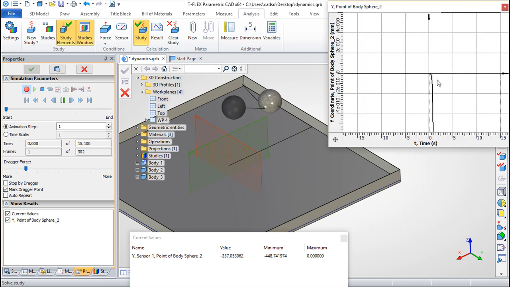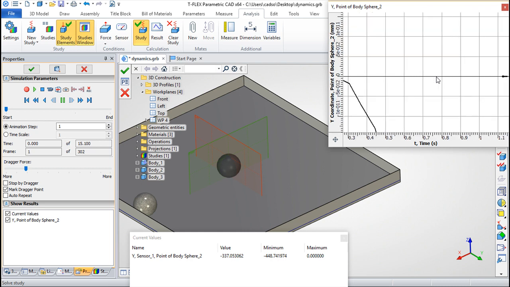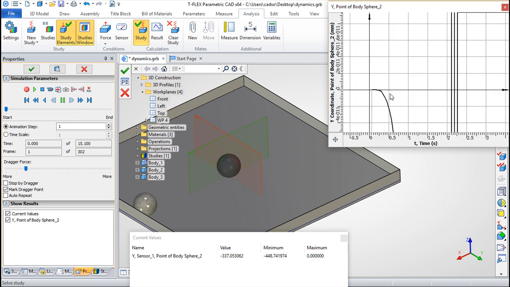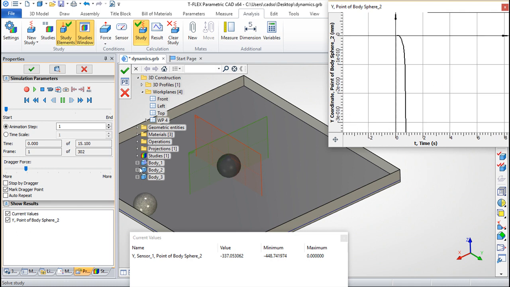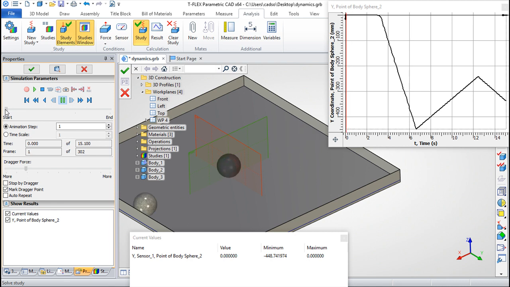So you see, okay, in terms of time, we have these plotted values here, and we can move with the slider to see what happened to the balls, and we can have the values or the forces or whatever we want to study here. Okay,